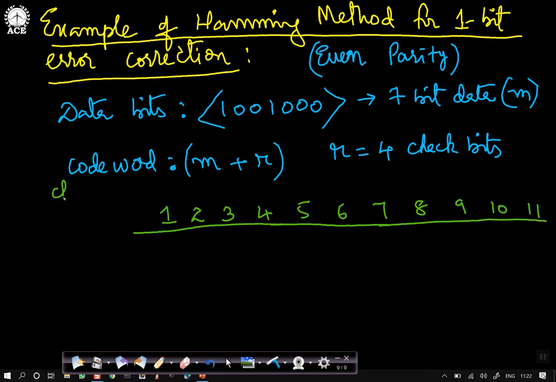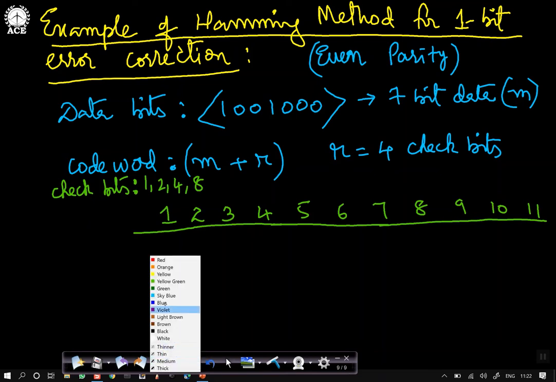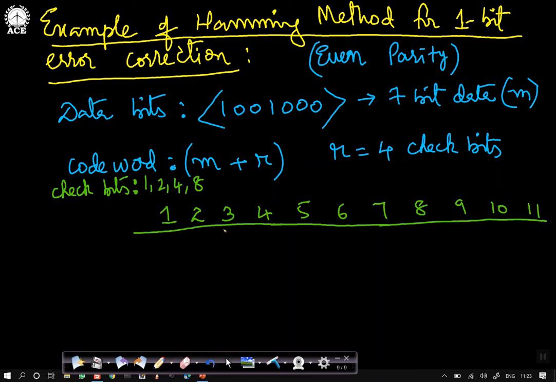Check bits will be at what positions now? Powers of 2: the 4 check bits will be at positions 1, 2, 4 and 8. Remaining bit positions are occupied with data. The data is already known to us, so we need to fill up the data bits, starting from position 3.